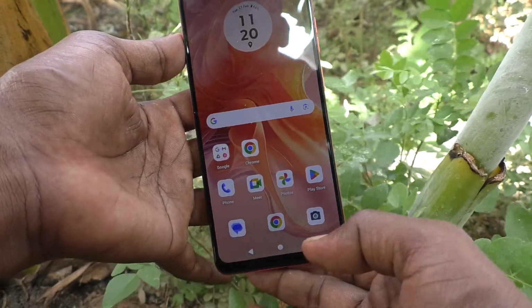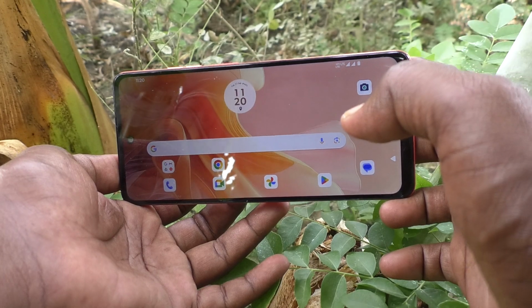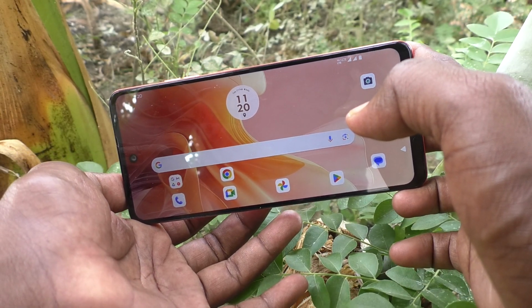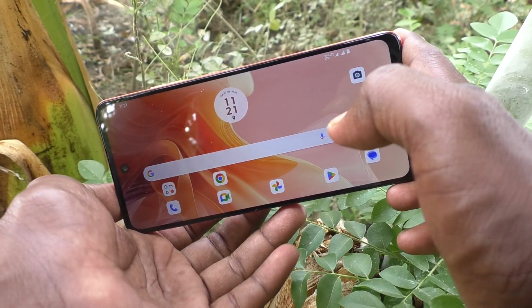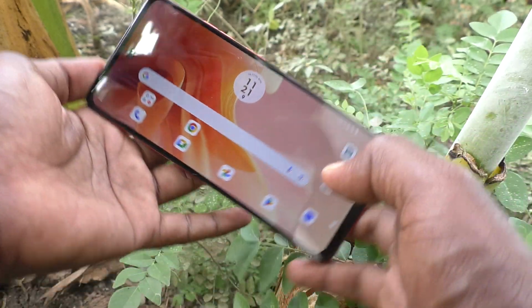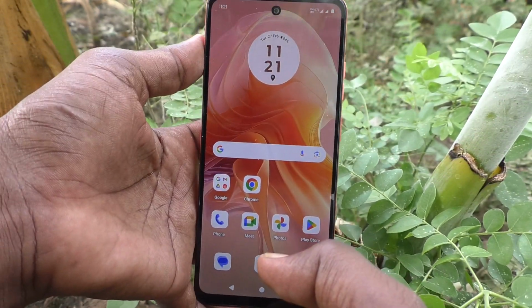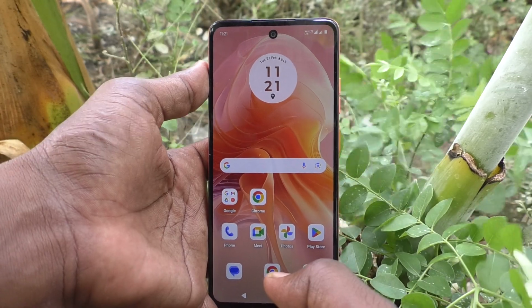Now when you rotate your phone, home screen is also rotated, okay, without any app open. If you just rotate your phone, home screen will be rotated. So in this way you can easily set home screen rotation in your phone